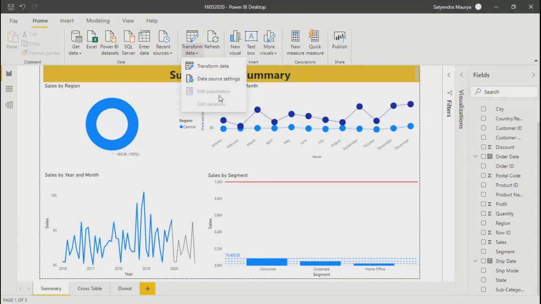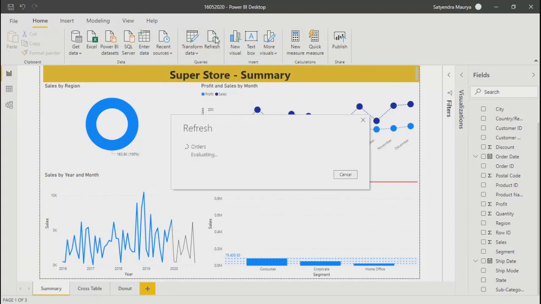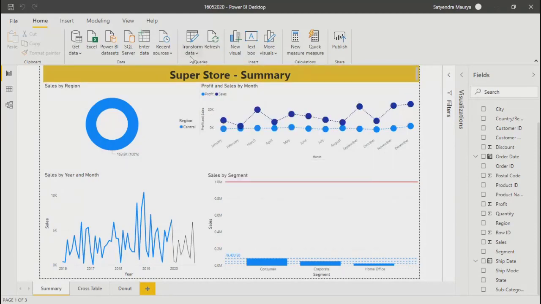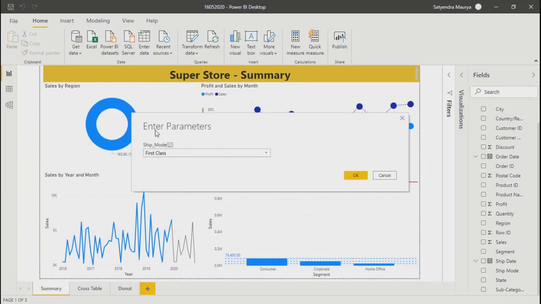I think you need to refresh the data first. Then you will see that parameter. I'll go back again to transform data. So see, the edit parameter option is over here now.